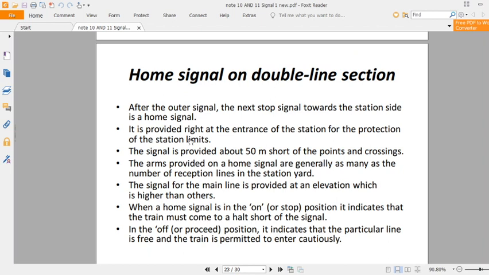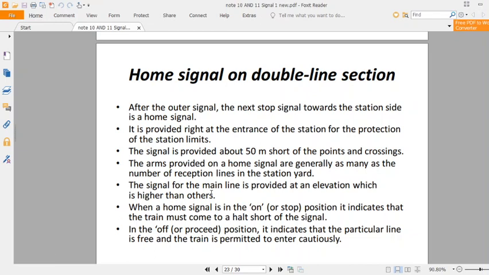After the outer signal, the next stop signal toward the station side is the home signal. It is provided right at the entrance of the station for the protection of the station limits. The signal is provided about 50 meters short of the point and crossing. The arms provided on a home signal are generally as many as the number of reception lines in the station yard. Now, the number of reception lines basically depends on the number of platforms situated in the